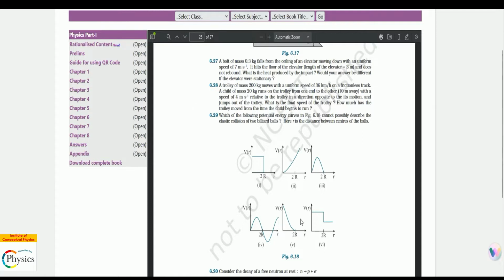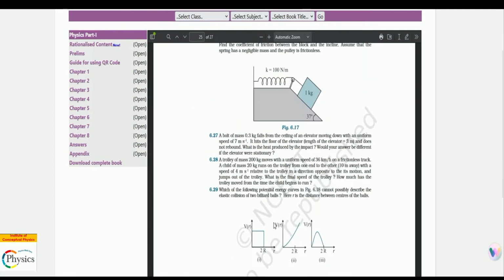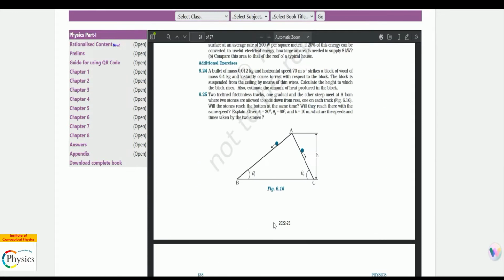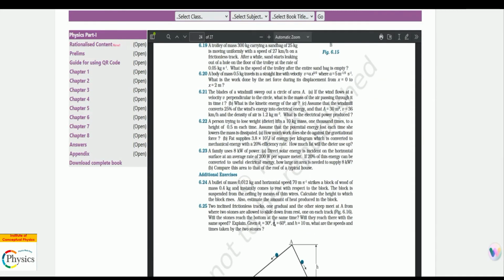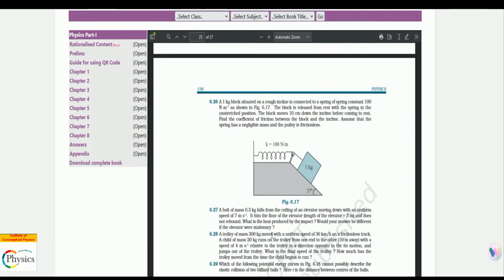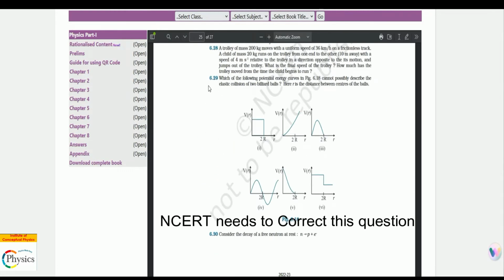Today, I will pick up the topic of work, power, energy. You can see I have this book opened, and the chapter I have opened is the work power energy chapter from NCERT. I'm on the NCERT website, by the way, and you can see this is work power energy. One of the problems that caught my attention is 6.29. This problem is unique. It has been given in the chapter of work power energy, and the question is